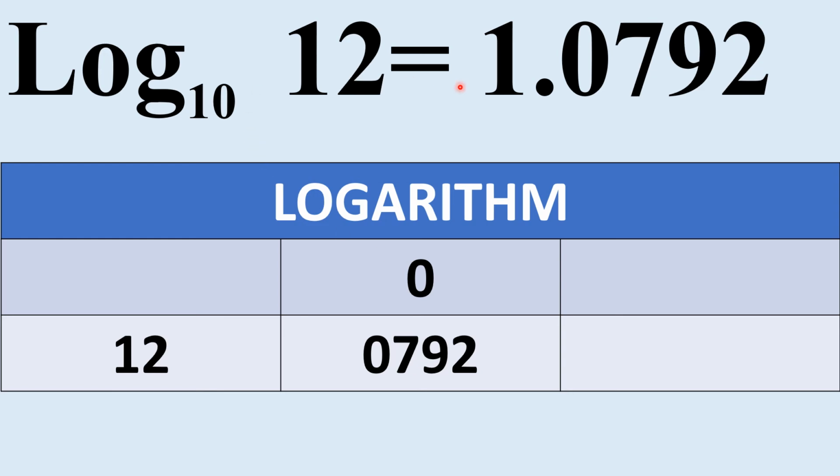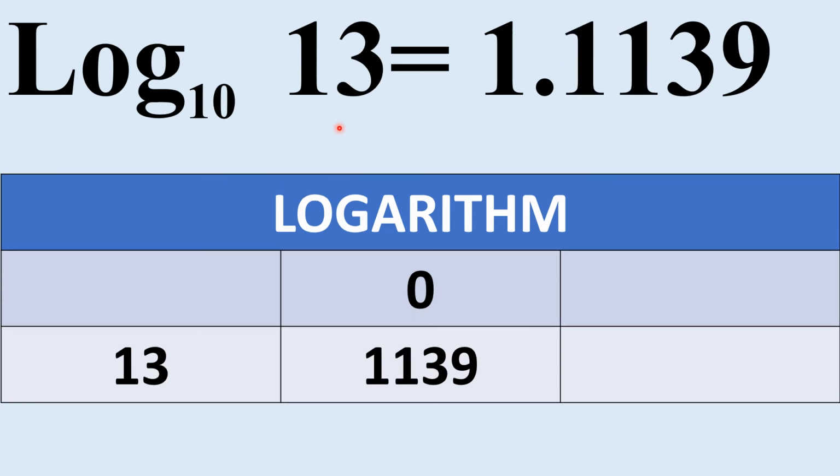Value of log 12 is 1.0792. In 12, before the decimal 2 digits are there. From that 2 you subtract 1. So 1 is the characteristic. To write the mantissa, in front of 12 under the column 0, if you see in the logbook it is 0792. That 0792 you write after the decimal. Thus value of log 12 is 1.0792.